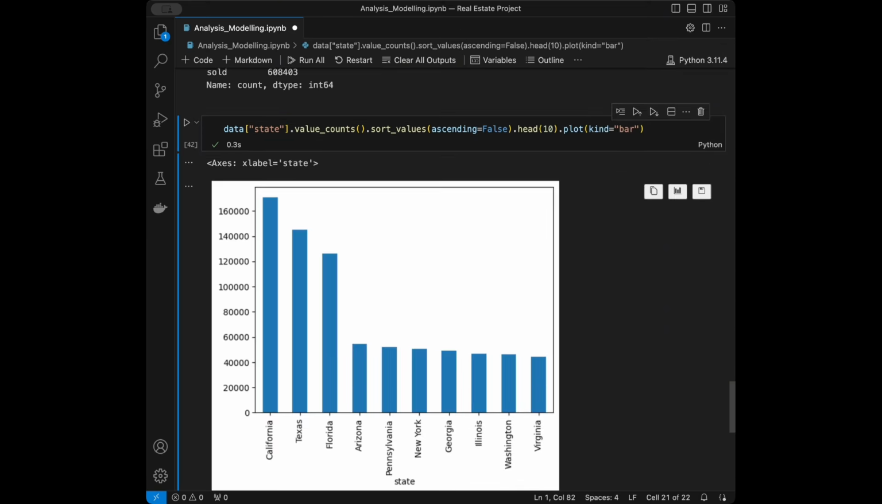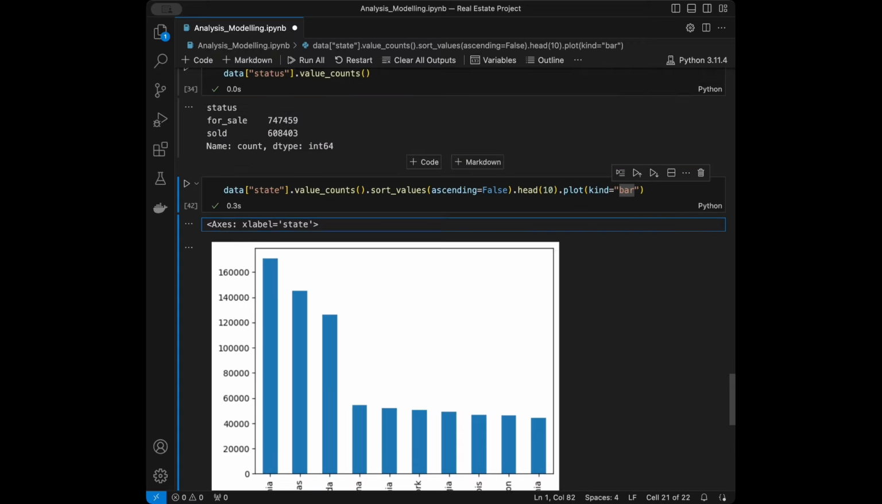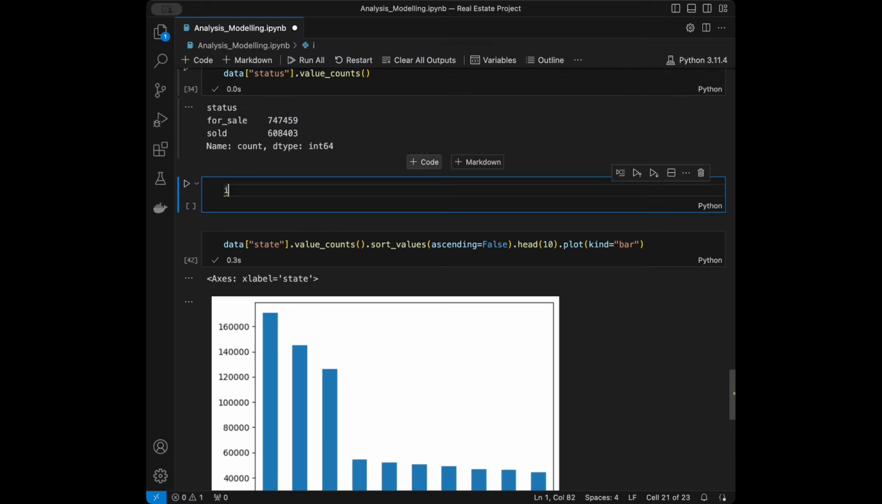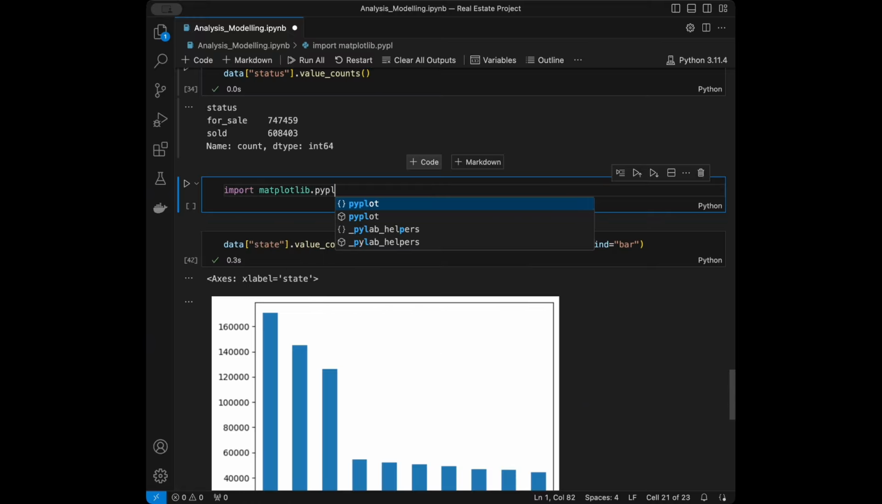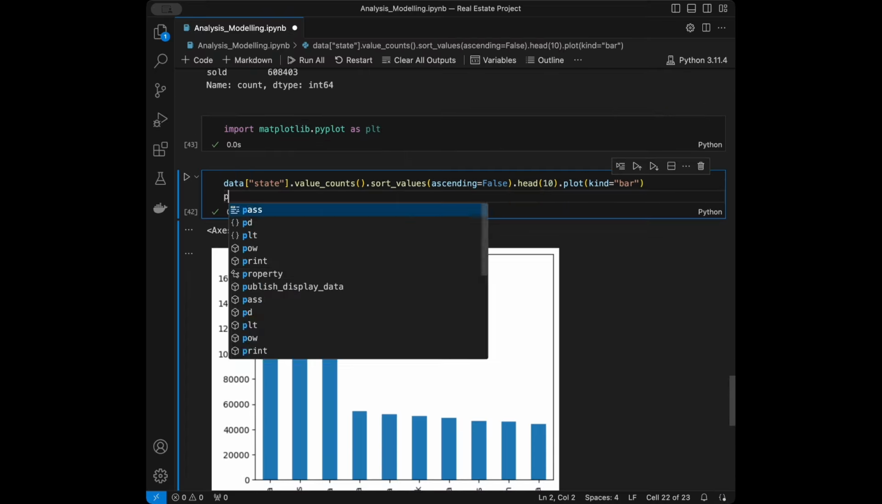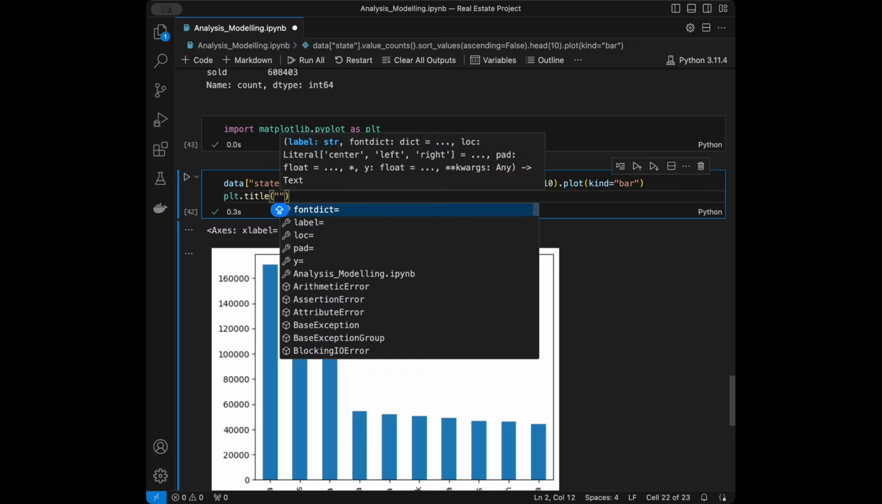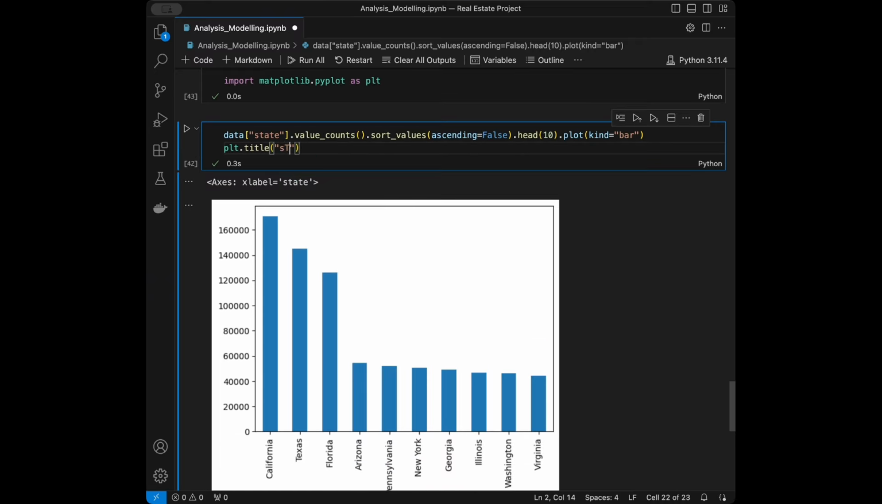And we can see our bar plot, but we can make it prettier, like we don't have a title or Y label, and our X label is lowercase lettered. So let's fix that. For that, I will call import matplotlib.pyplot as plt, and now we are going to make our plot look prettier with matplotlib. So I will say plt.title, and I'm going to add a title like, let's say, state counts